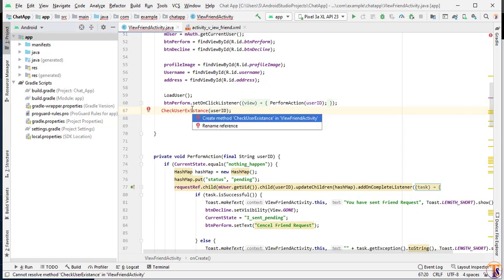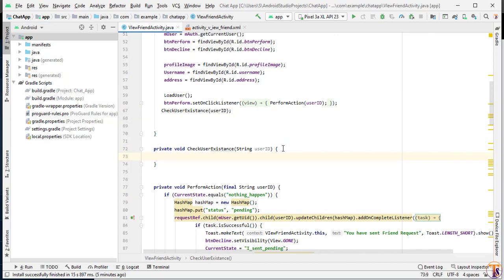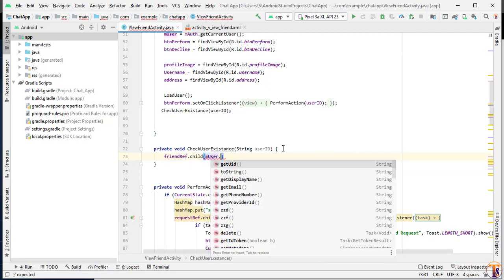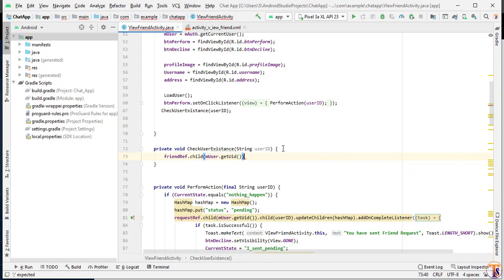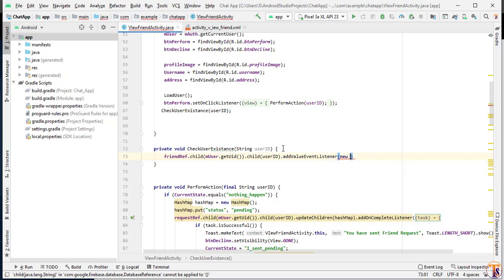Here we will use friend reference to check whether we are already friends or not. We will use friend reference dot child, and first pass my user id, m user dot get uid, which is our current user id, dot child, and this is the other user id that we are receiving by this method, user id, dot add value event listener, new value event listener.